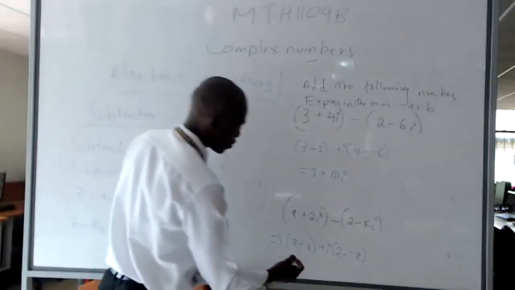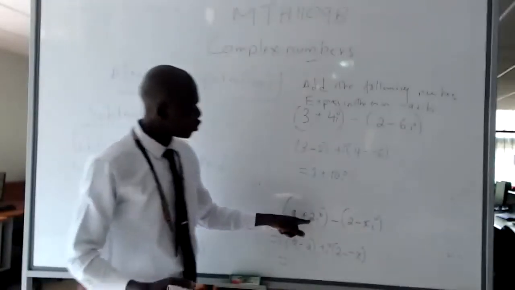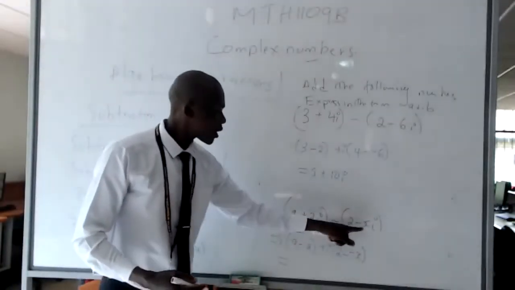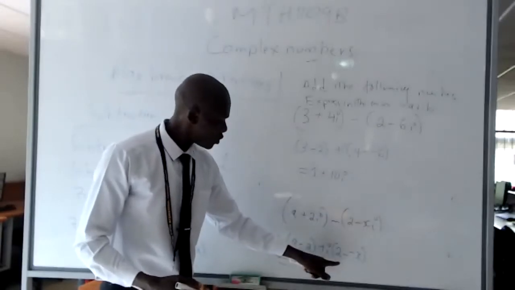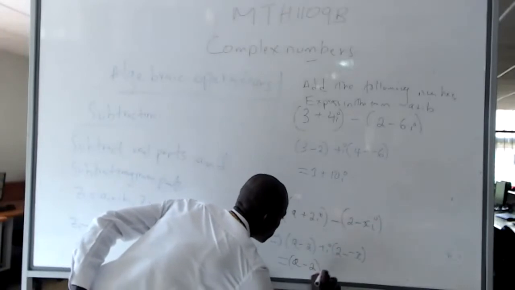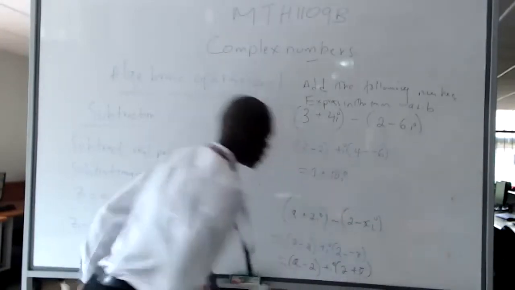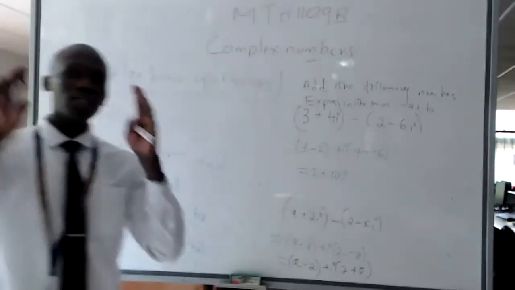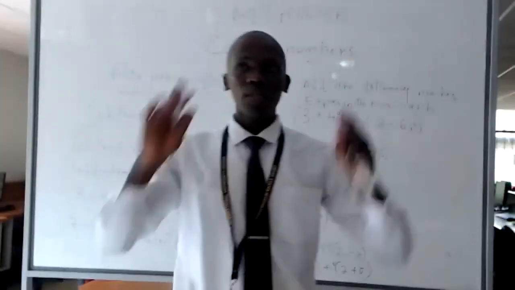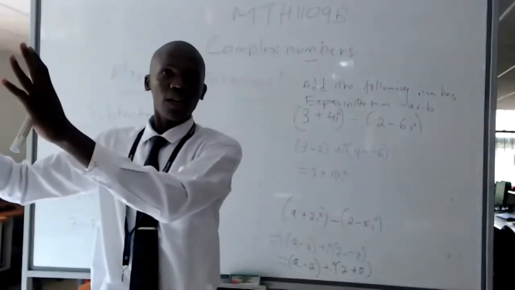And then, A minus 2 is the real part of the new number. Then I take the imaginary part, 2, and subtract negative x. So that gives you A minus 2 plus i times (2 plus x). So whether it is addition or subtraction, add or subtract the real parts, add or subtract the imaginary parts, and then